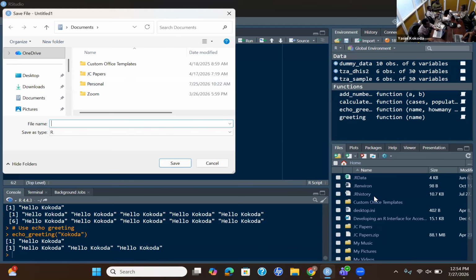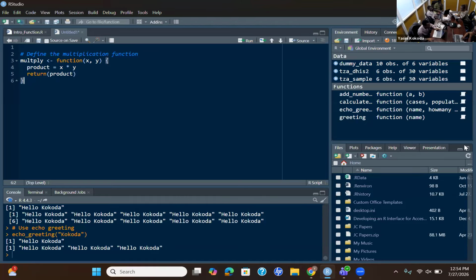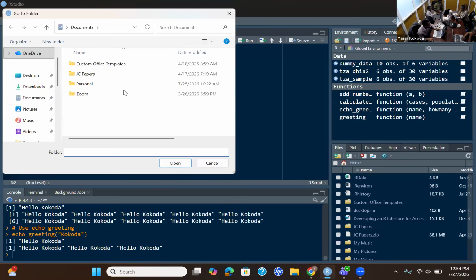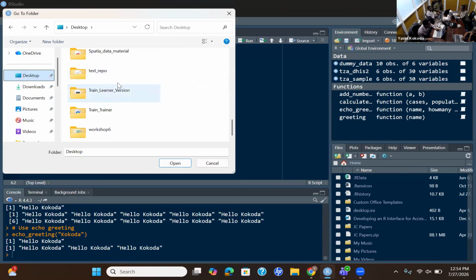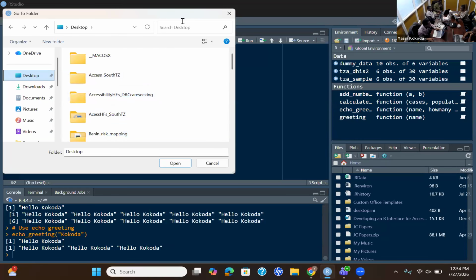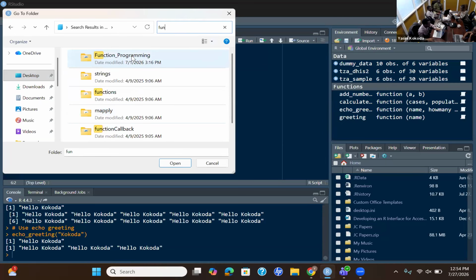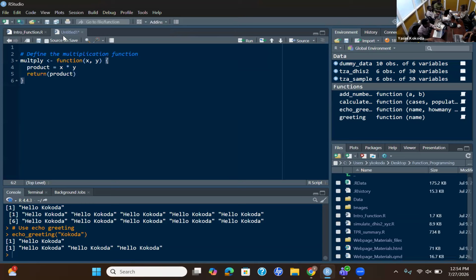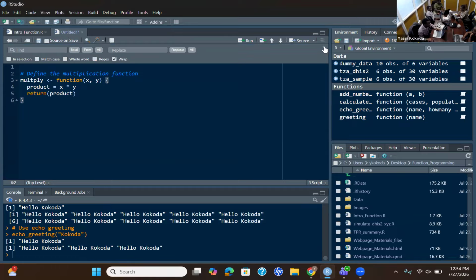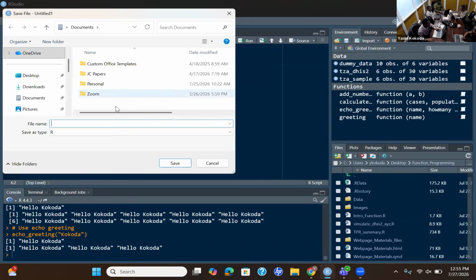Save it in the same folder where you have the other script, the intro script, functional programming.